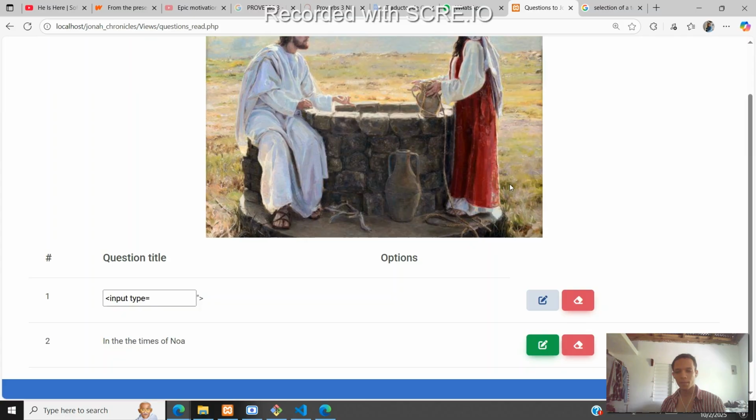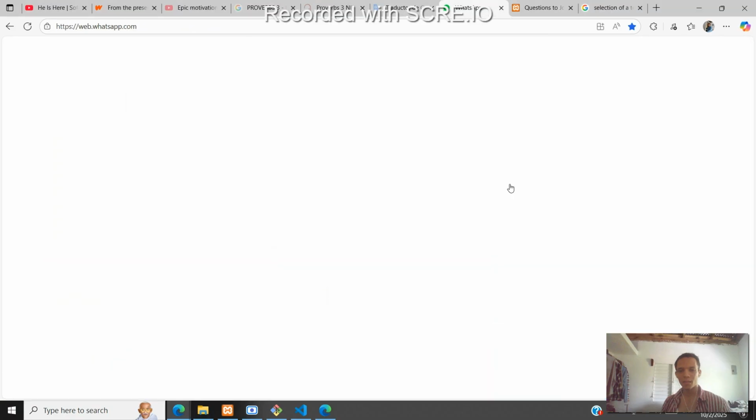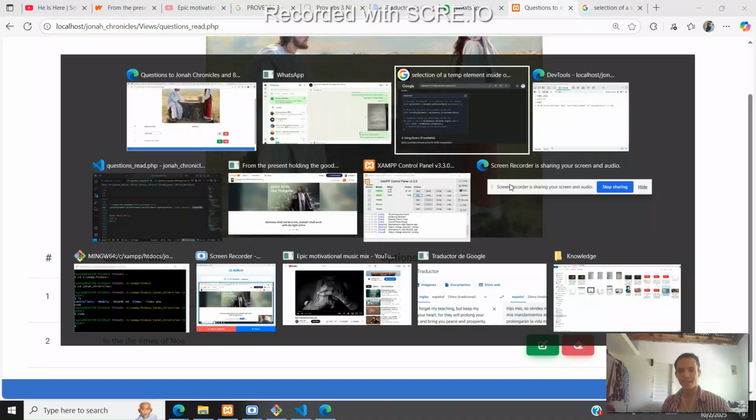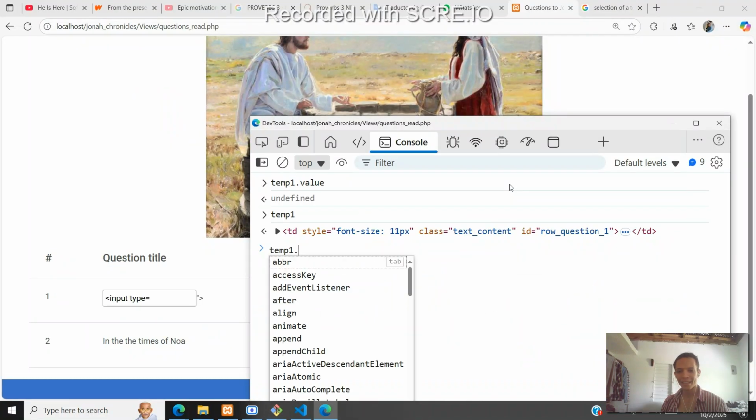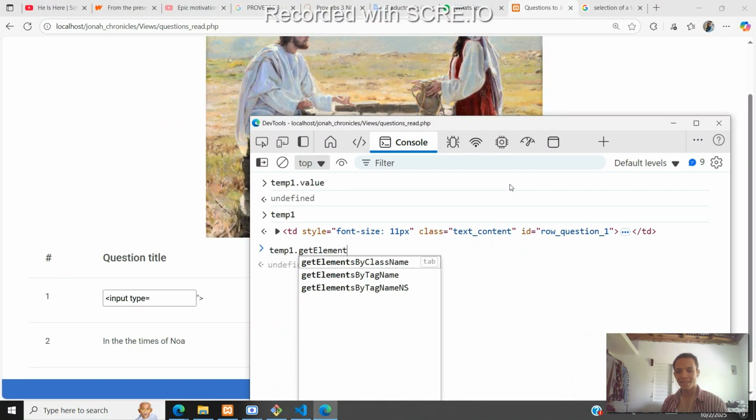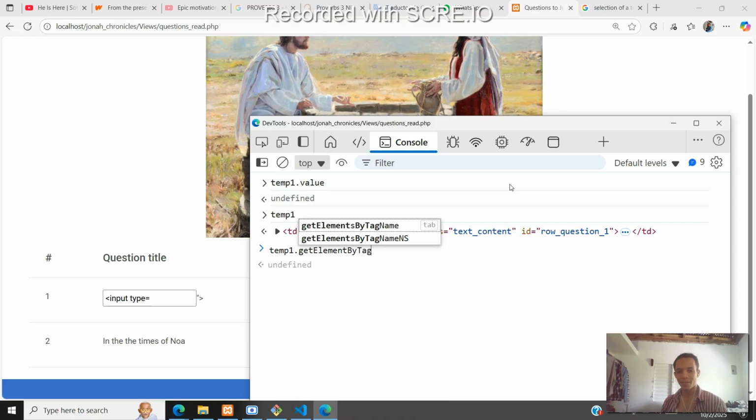Yes, get element by ID maybe, but being honest, what I was doing was kind of the same. Get element by ID or by tag name, and we say that we would like to choose the TD,